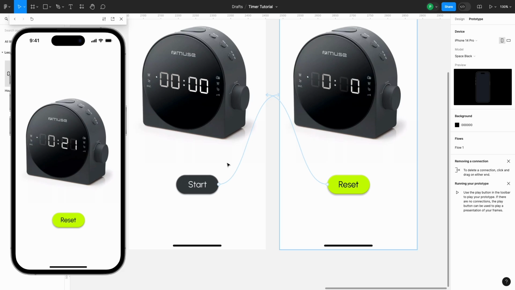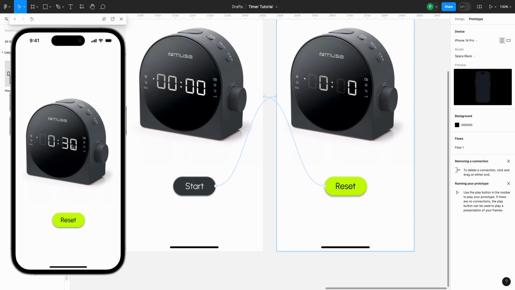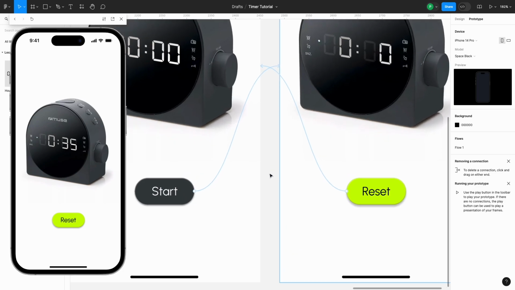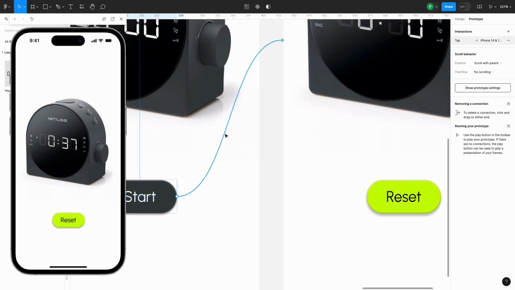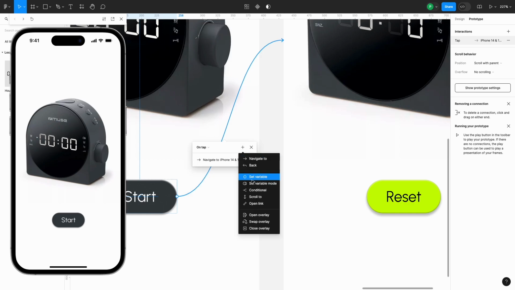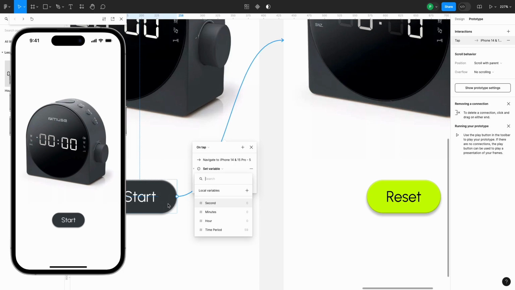So what I'll do is we'll add conditions into our start button as well. And the condition is that whenever I click into start, I want my timer to change to 0 in the minute and both in the second section. So we are in our prototype section. I'll select this thread. Let's close this tab. I'll select add, set variables. Whenever I select start, I want my second to change to 0, and same for the minutes, set variable minutes